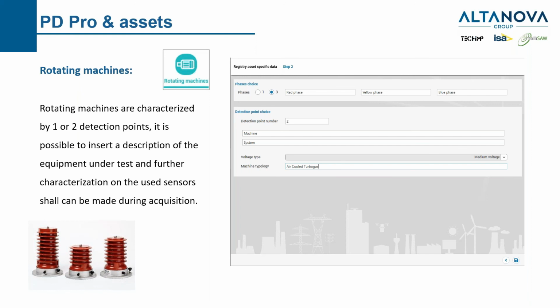Please note that one point that is quite important is that at this stage we will identify just the detection point. But when we are saving the data, another pop-up window will come asking us what kind of sensor we are using. Is it a capacitive coupler? Is it HFCT? Is it a new sensor not present in the list that you want to include? And also, what is the